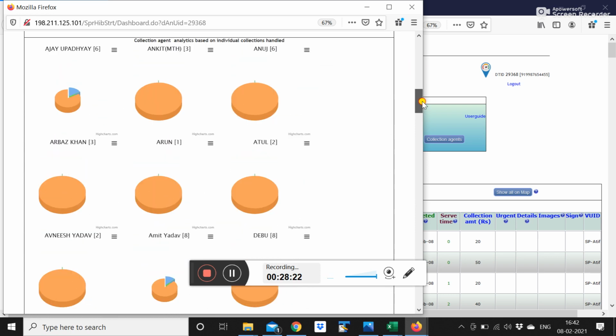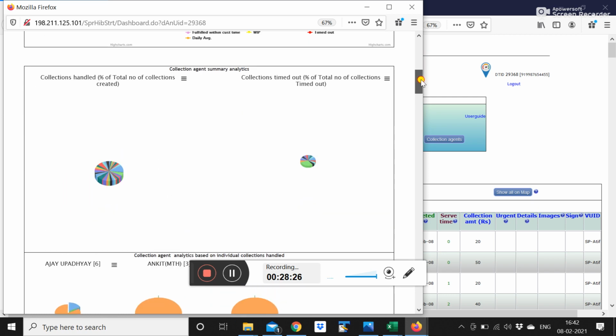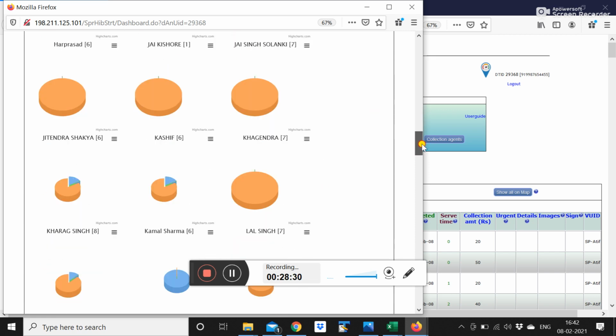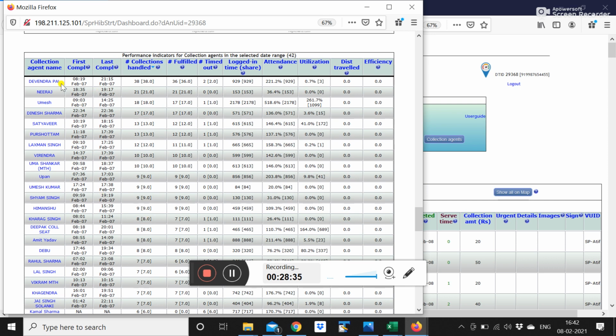Then out of the total number, it will show you a breakup of how many collections each Flebo has attended. It will show in the form of a pie chart and also in a tabular format. So the name of the collection agent, how many collections handled, the first completed collection, the last completed collection time, timed out, the time attendance was captured, and distance traveled can also be enabled if you are paying them by the kilometer.